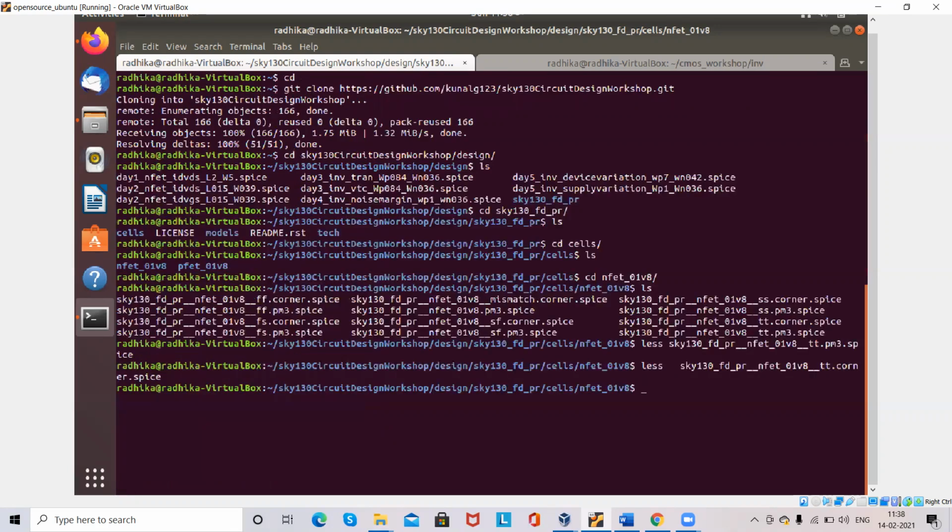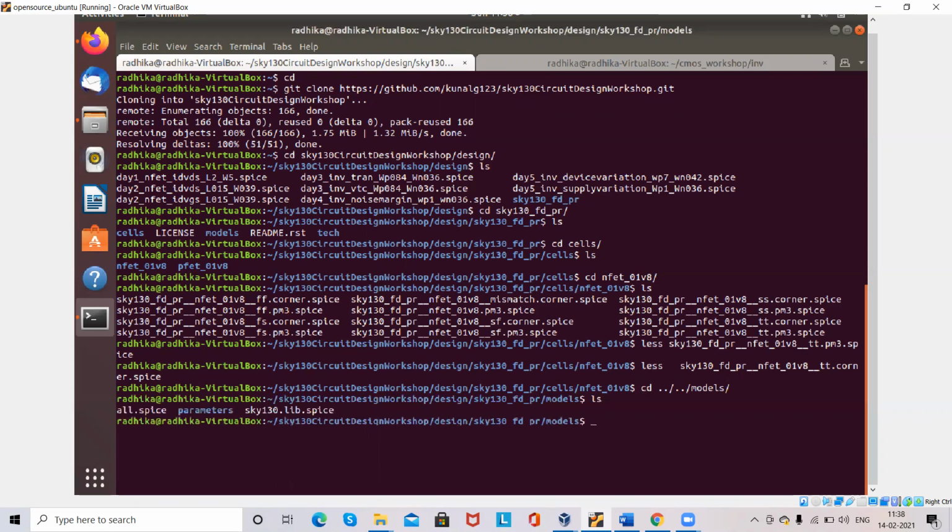So now if we go back, let's go to models. Now type ls. And here you can see sky130.lib.spice. This is the library file that we are going to use in all our designs. So now let's open this. Type less